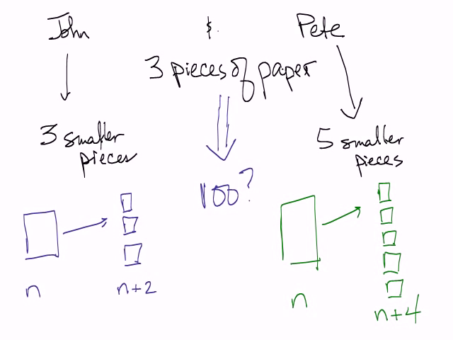So if you see this parity argument, you start with an odd number of pieces of paper, and every time John or Pete rips up paper, you're going to have the same parity because you are adding an even number. When you add an even number to an even number, you get even. When you add an even to an odd, you get an odd. Adding an even number preserves the parity of the number. So you can't possibly get 100. You can get 99, you can get any odd number, but you will not be able to get 100.